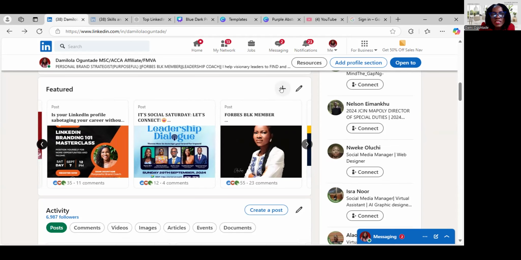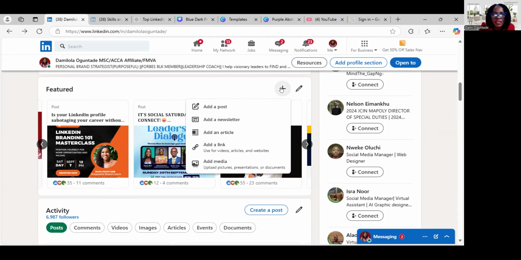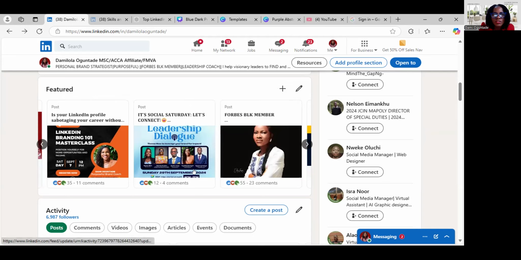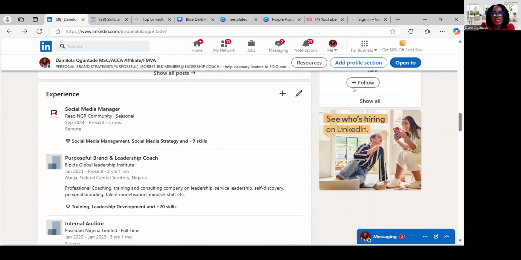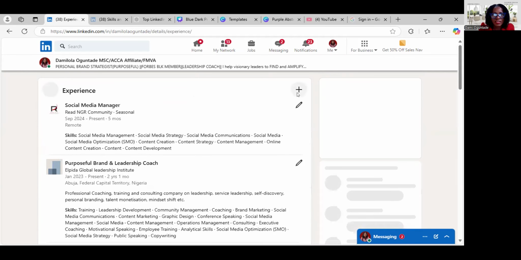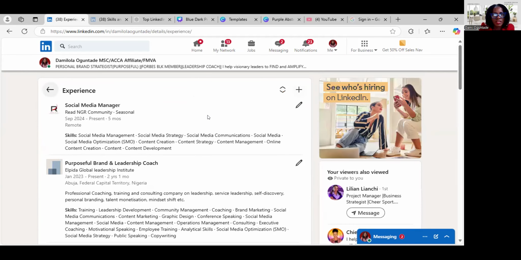So you can use this plus sign to put a link. You can see add a post, add a newsletter, add an article, add a link, add media. Do you understand? So that is what you can use the plus sign to do. Also, the experience section is just for you to click this pen here, and you can begin to adjust your